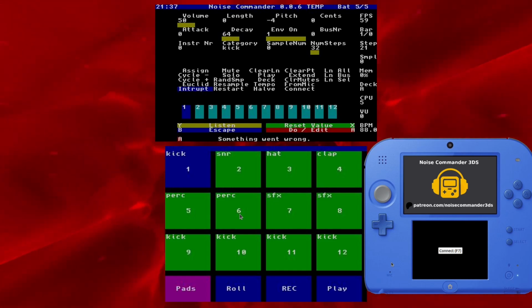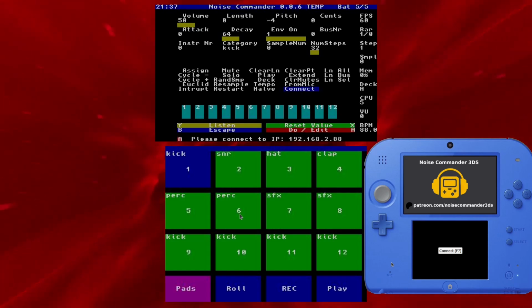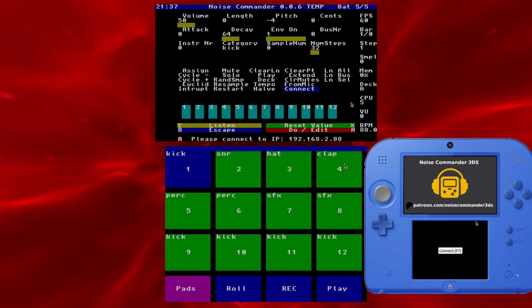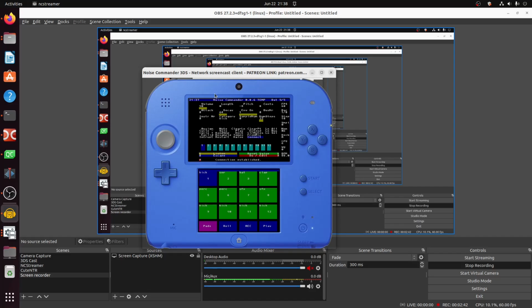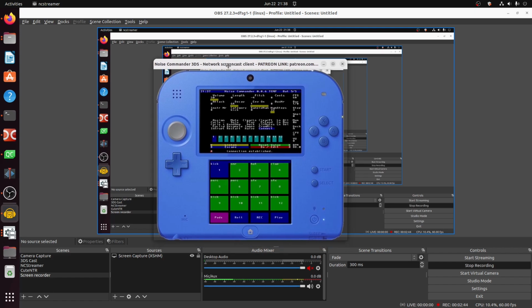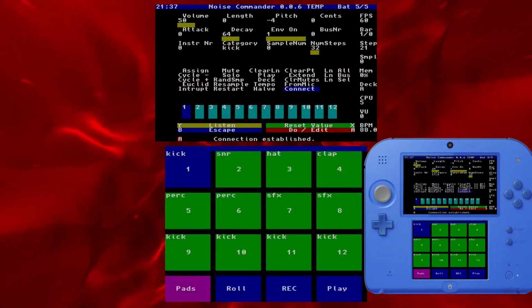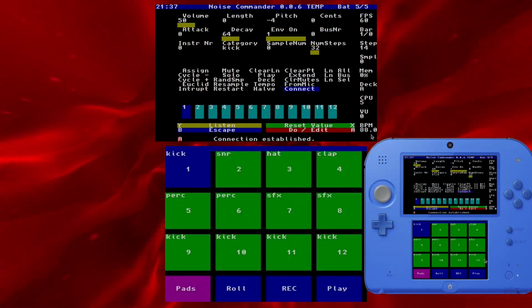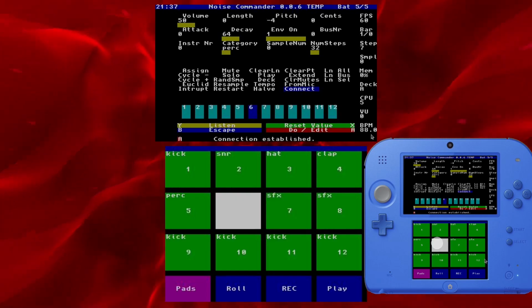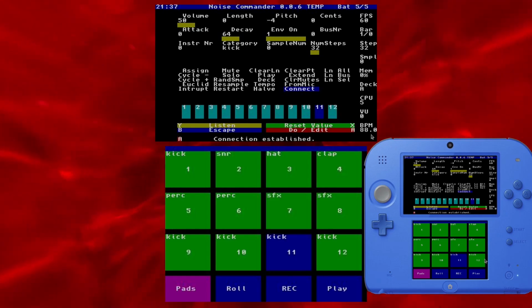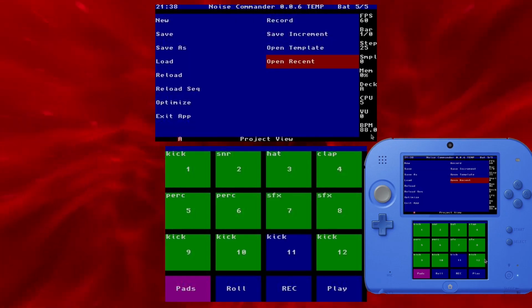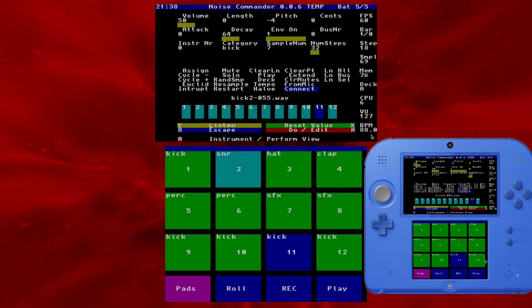In the temp version 0.0.6 I can navigate to this connect button, press it, and it will give me an IP address that I need to insert, and then I get a screencast. So anything I do here will show on the PC. If I load what I did earlier,